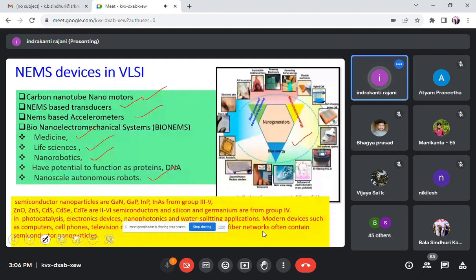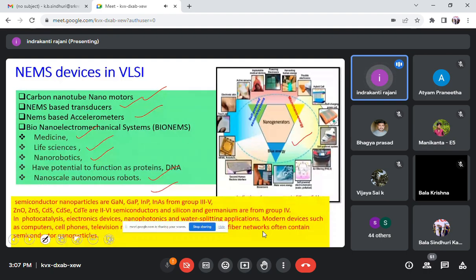In that, compared to conducting and insulating materials, semiconducting nanoparticles have huge applications and advantages in nanotechnology, or during the preparation of nanomaterials. Dichalcogenide materials are another one. Mixing structures are the third one. Every material has its own nature, and the combination of 2-3 materials gives the best output depending on our requirements. So in that, the semiconductor nanoparticles, if you consider gallium nitride, gallium phosphide, indium arsenide from the 3-5 group,